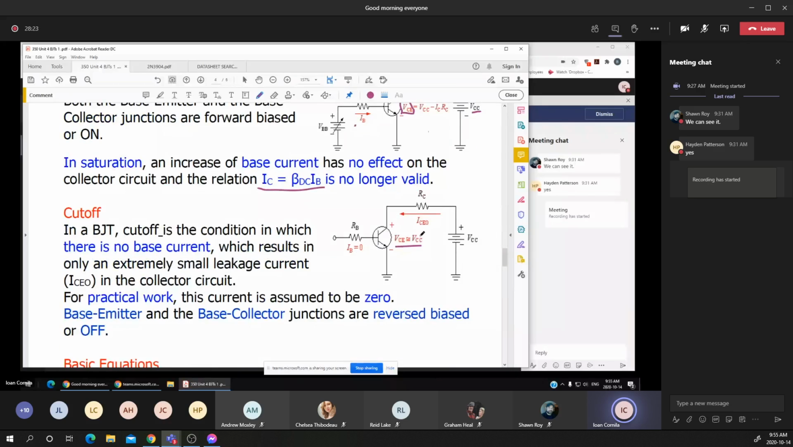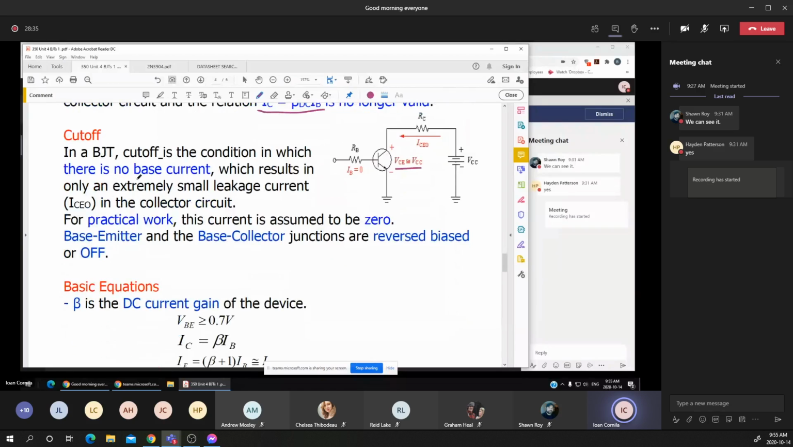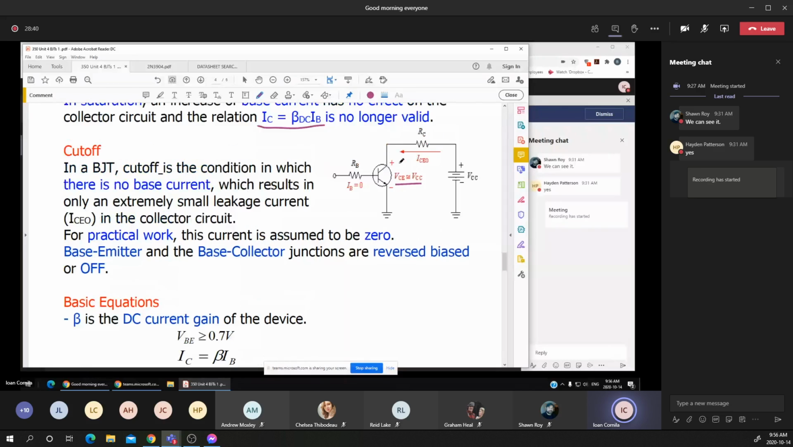We determine that the IC current is equal to 0 in the cutoff region. Again, there is no base current. If there is no base current, you notice that the base-emitter junction is in reverse bias. You notice that there is no current, and remember that in order to have the transistor